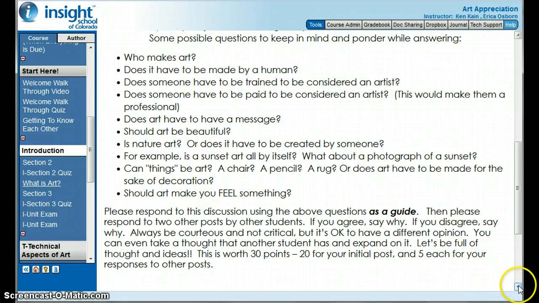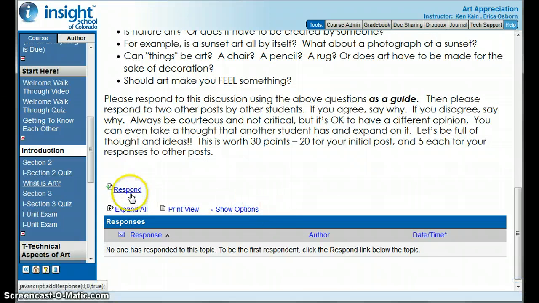You respond to the discussion questions, and that will be your first initial post. And then you also need to respond to 2 other posts from other students to keep the conversation going. Now, when you respond, always make sure right here, always be courteous and not critical, but it's okay to have a different opinion. Okay? That's why we like to get these discussions going.